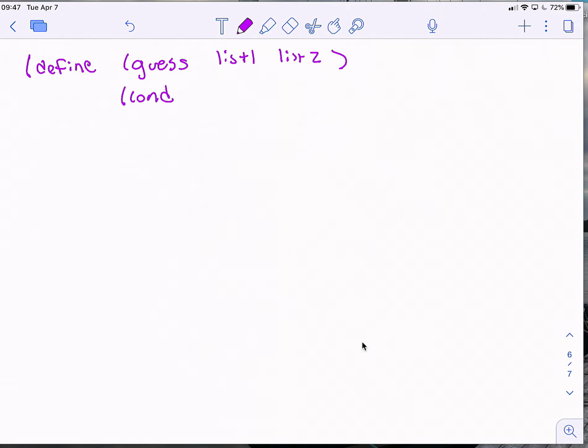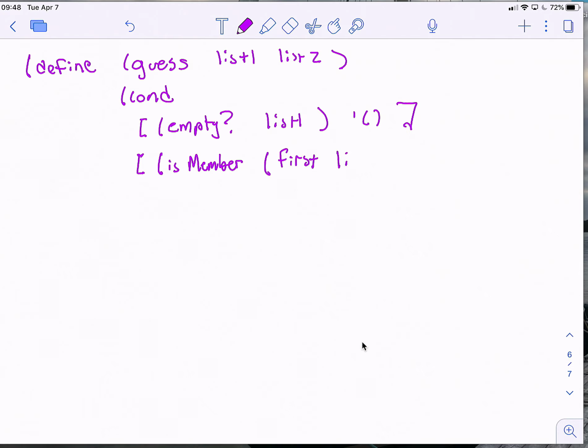Cond. And we have a couple of cond arguments. So first, empty. If list 1 is empty, we're going to return empty. Okay, let's make sure I get that right. All right, if is member, so we're eating our own dog food here, is member first, list 1, list 2,